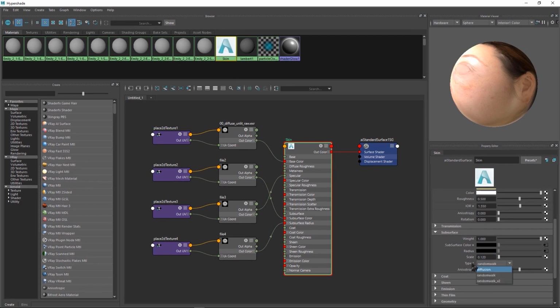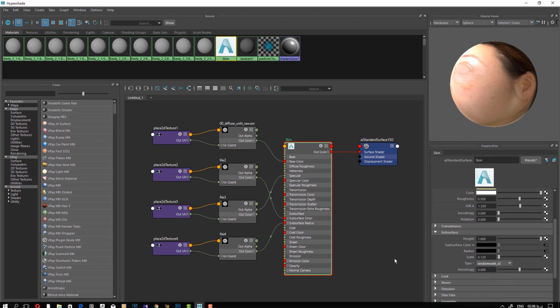And here you have a type. You can select random walk version 2, and you need to change this one to 150. Okay,